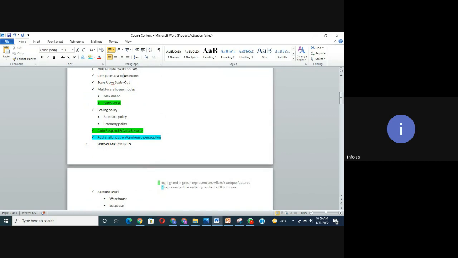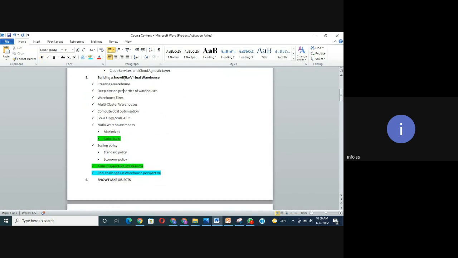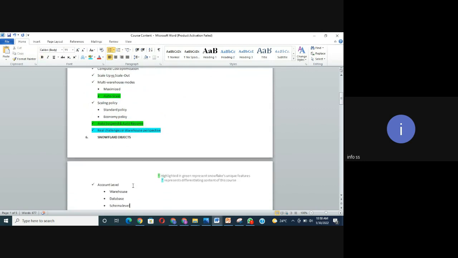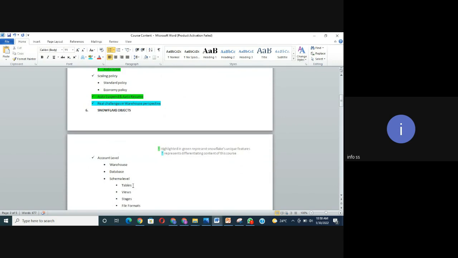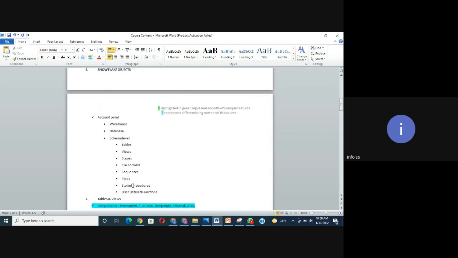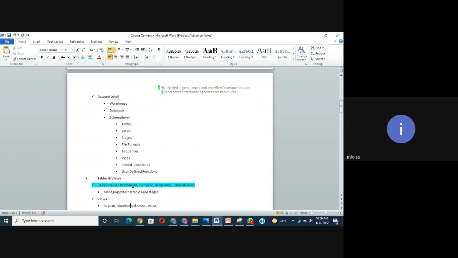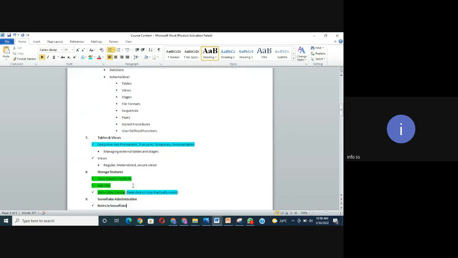See, all this stuff, no other institute or whoever is providing Snowflake training will be covering this content to this level. And we are even covering the real challenges that we face from a warehouse perspective. No one will be telling you what real challenges we face in this compute in terms of warehouse. Okay, and Snowflake objects, we'll be covering all the objects that Snowflake provides, and a deep dive into types